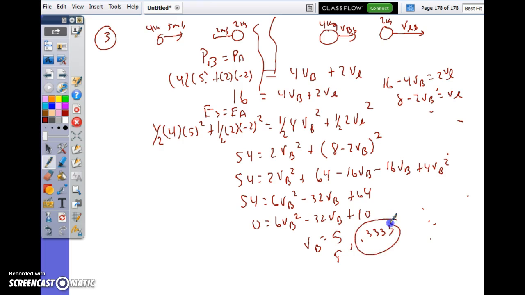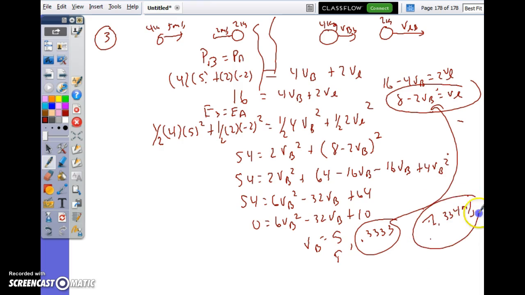So I'm going to take this and plug it in here, and I get the speed of the two balls. Remember, I'm plugging it right back in here, because we had an equation for the little ball. So this is the big ball speed. Our big ball speed is 0.333 after collision. The little ball is going to be 8 minus 2 times 0.333. And I get 7.334 meters per second for the little ball.